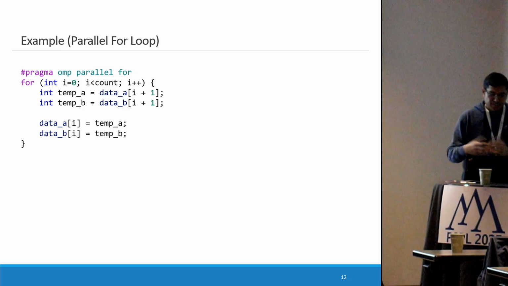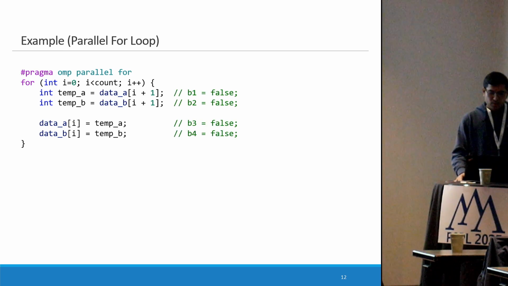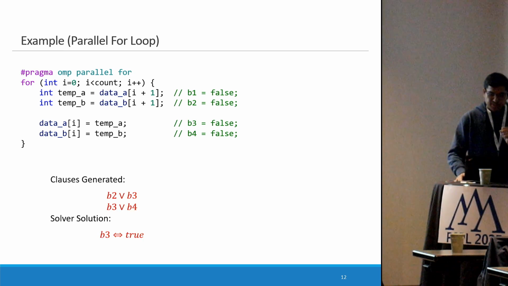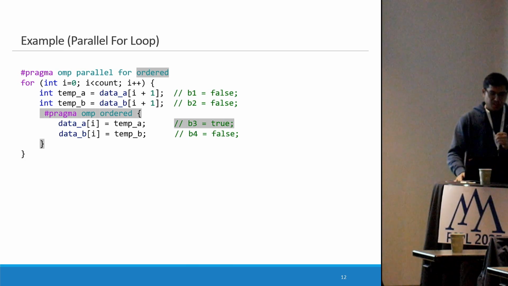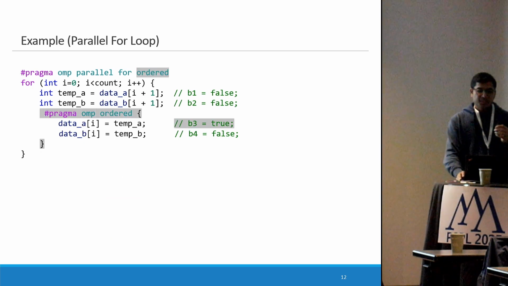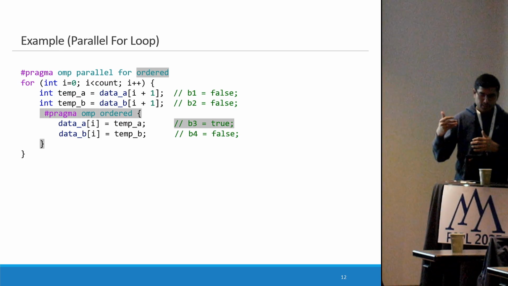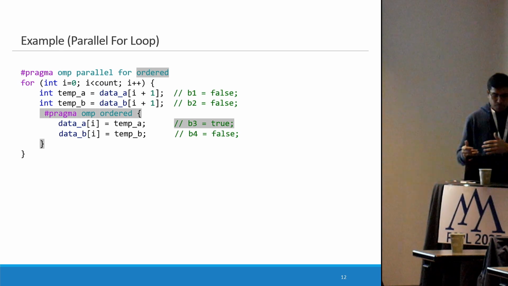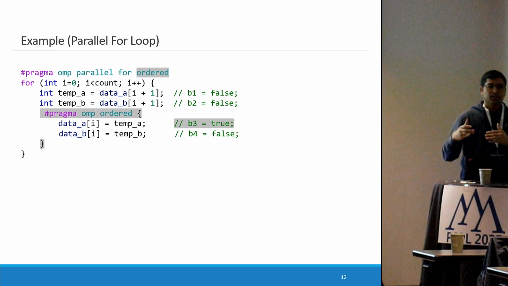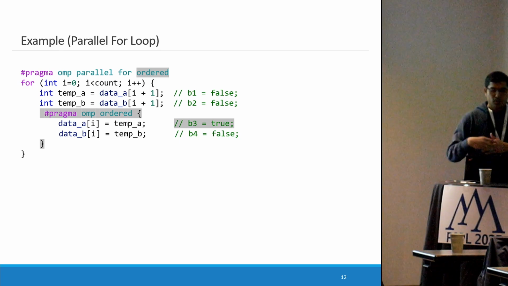So the example is very similar. We have all the barrier variables. Let's say we have the same clauses. So once we know where we should put the barrier, B3 in this case, what we do is, instead of putting a barrier, we put an ordered construct from the point where it should be put to the last shared memory access, or the last access where it produced the data. So since